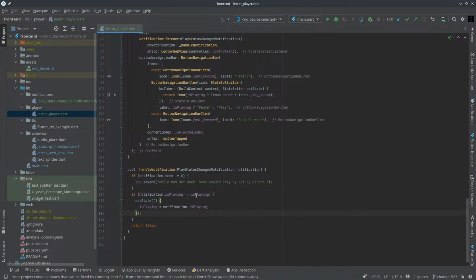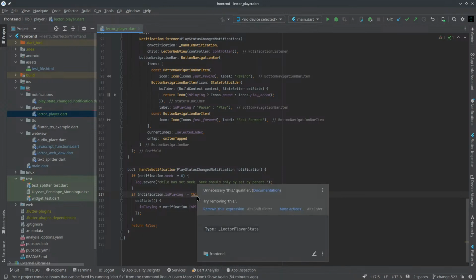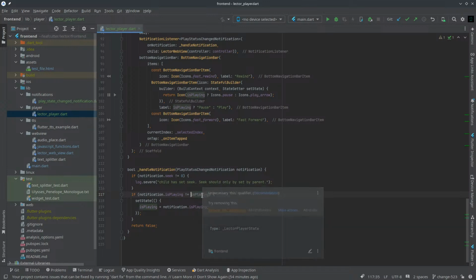Okay, so then if the notification is not the same as the local copy, maybe I could say this. Is that valid? And is it clearer going the